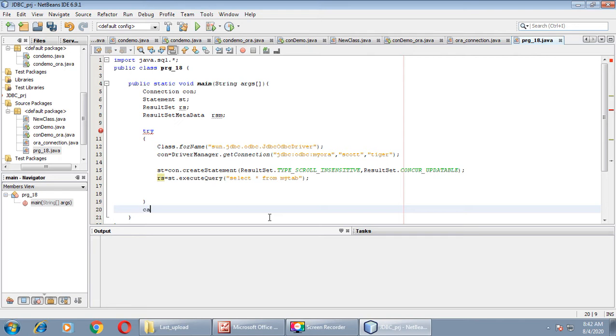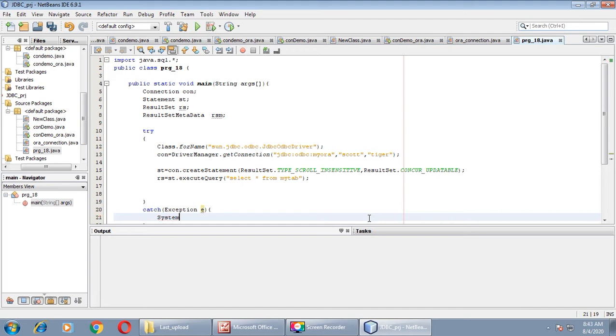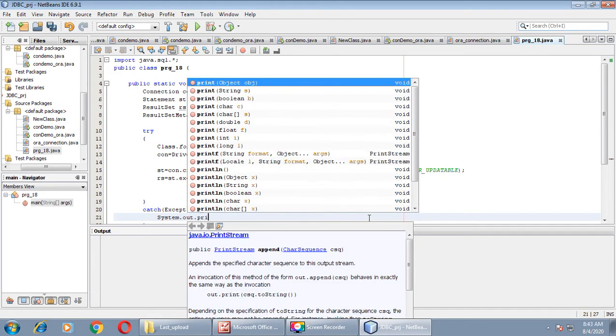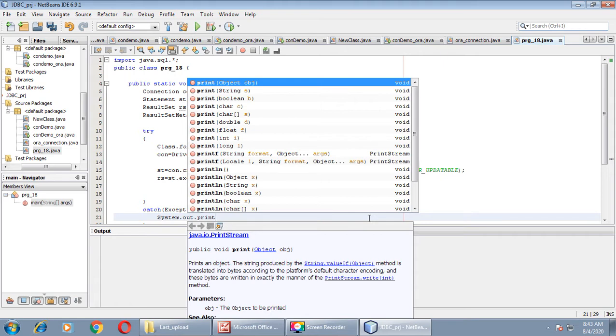Catch block, and an object of Exception class e. Give an appropriate message by typing System.out.println.